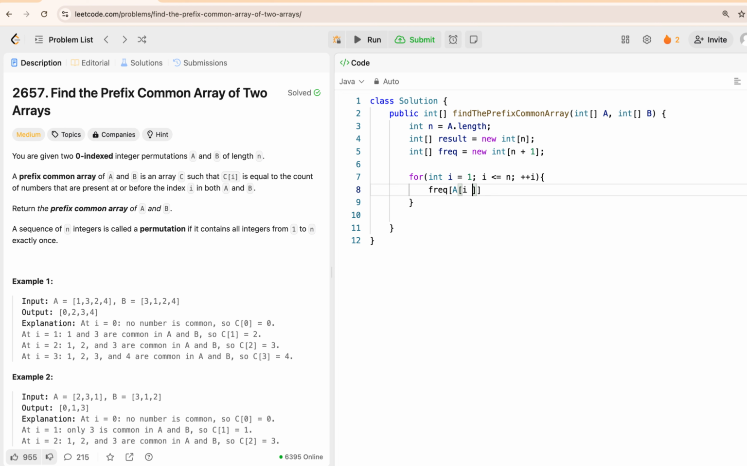And in order to do that, what we'll have to do is take A[i], so i is 1, i minus 1, and we'll be incrementing this frequency array value. So see, I should explain the philosophy of this solution beforehand, so that it makes more sense here. Okay, so what we are going to do,